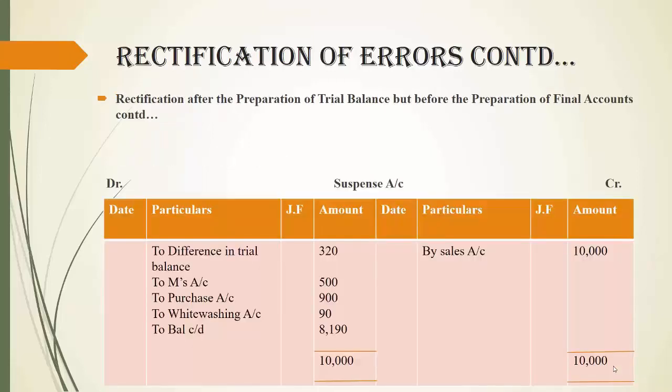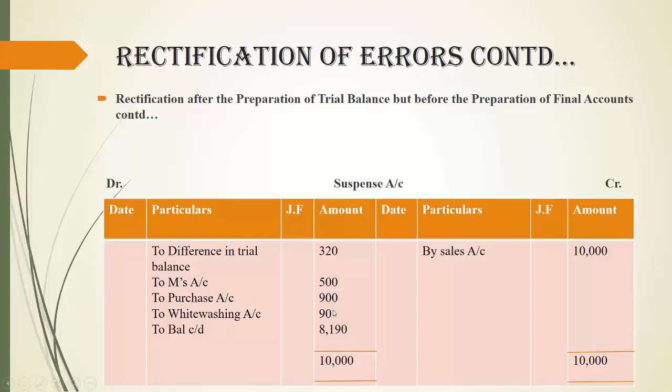As it was already mentioned in the question that suspense account has a debit balance of rupees 320. So first we will post the balance on the debit side of the suspense account rupees 320. This is a debit balance of suspense account. Now we will post each and every journal entry one by one. So our first entry was suspense account debit to M's account. So we will post under suspense account as to M's account rupees 500, and second journal entry was suspense account debit to purchase account. So post it as to purchase account under suspense account rupees 900,